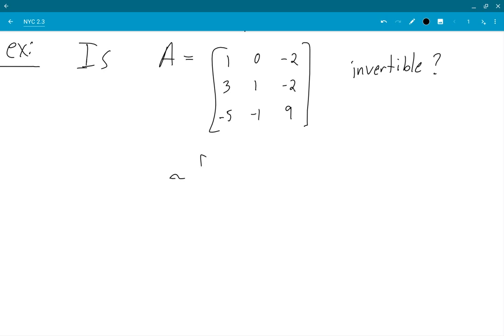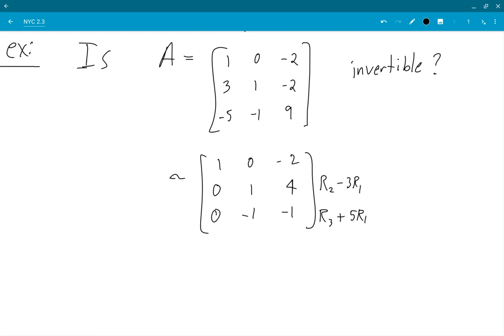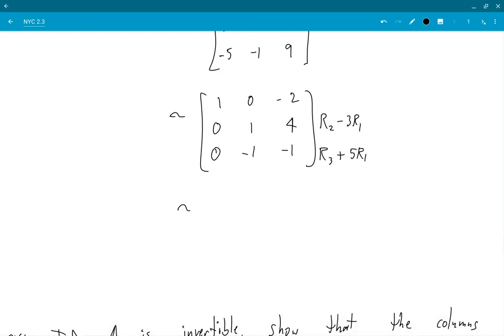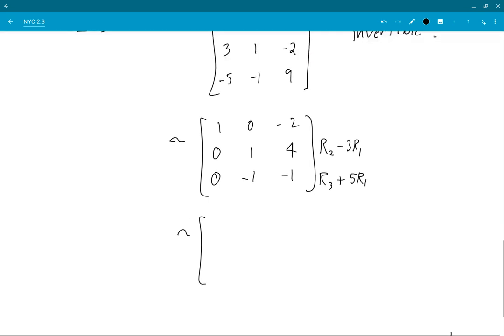So I reduce, and what do I get? 1, 0, minus 2. I get 0, 1, 4. Row 2 minus 3 row 1. Then row 3 plus 5 row 1 gives me 0, minus 1, minus 1. One more step brings me to